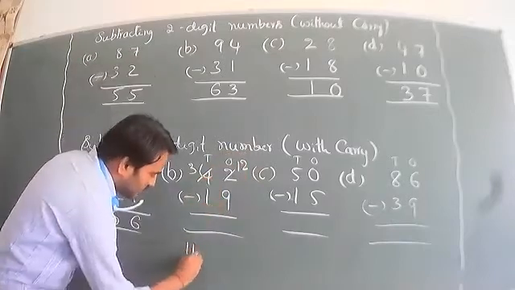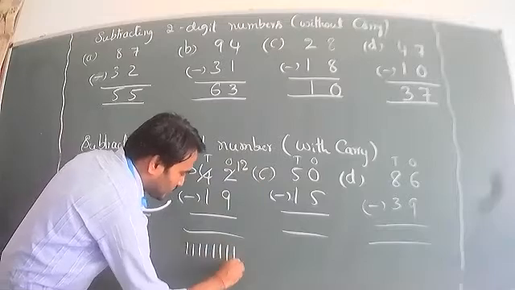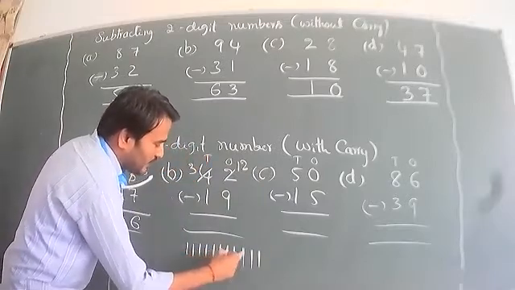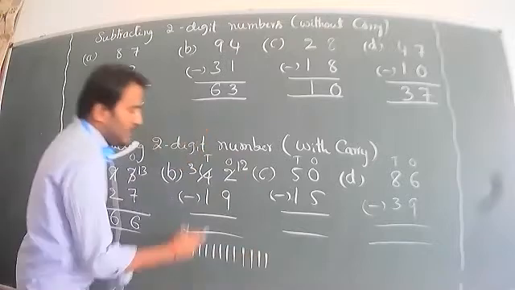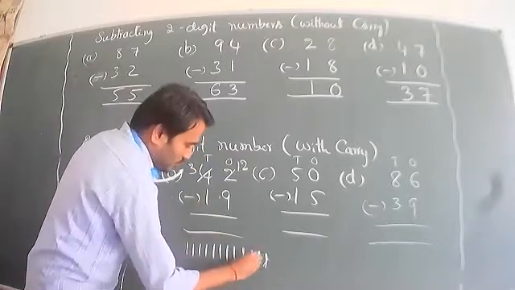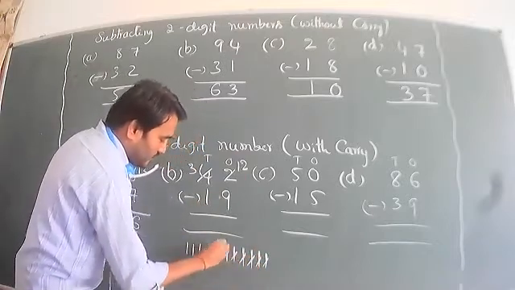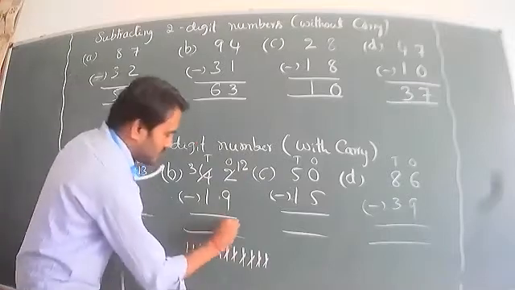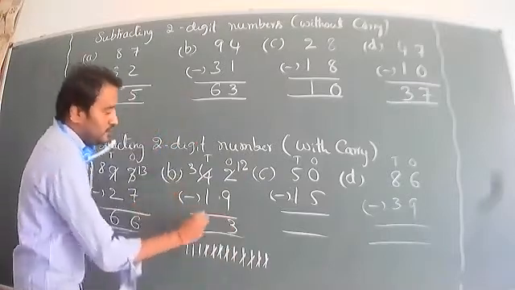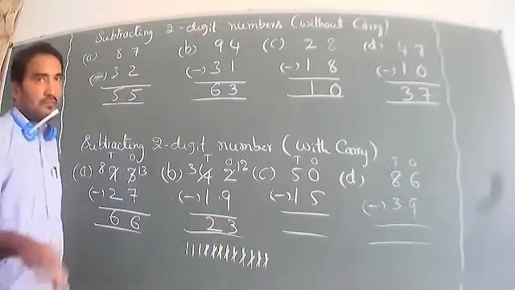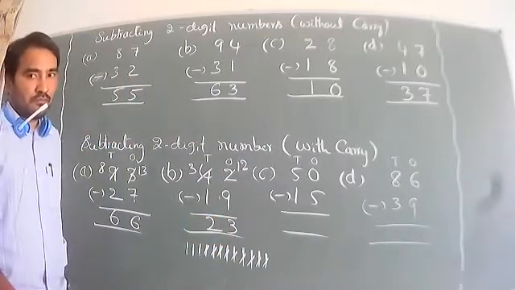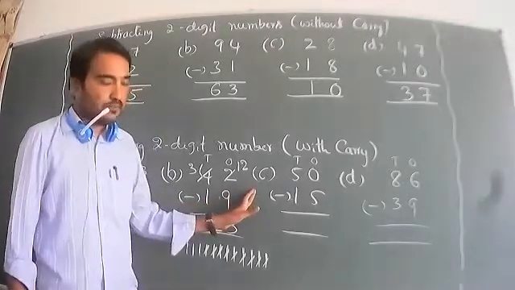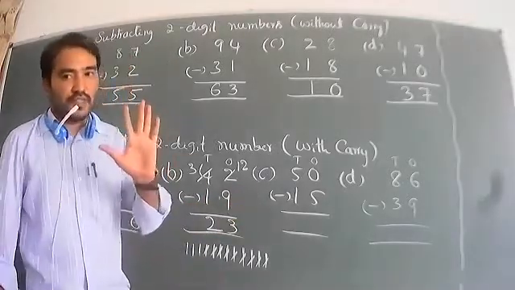So we can write the lines if it is confusing. Take 12 lines: 1 2 3 4 5 6 7 8 9 10 11 12, less 9. 1 2 3 4 5 6 7 8 9. Remaining 1 2 3. Okay, now 3 less 1, 2. Okay, so now go for the third one. It is another way, so we can use fingers, anyone we can use.